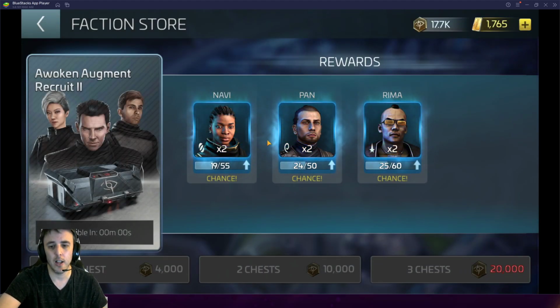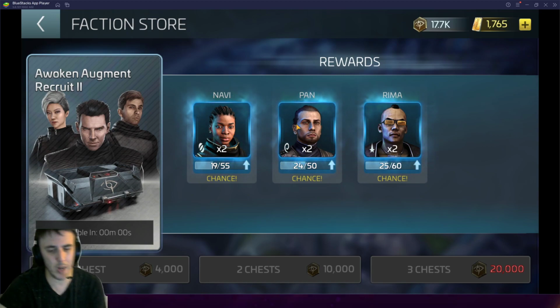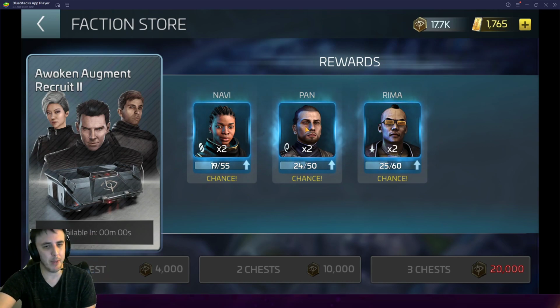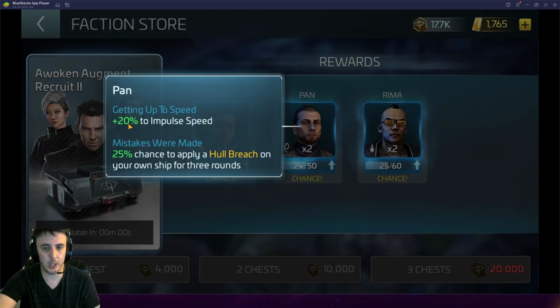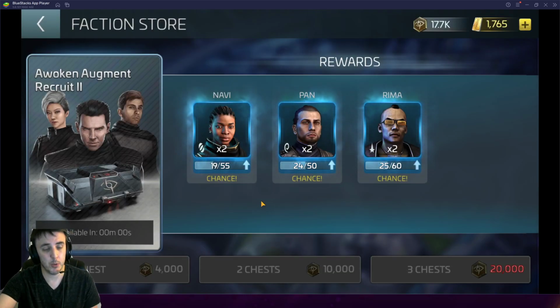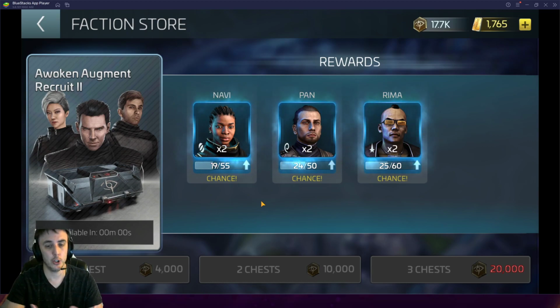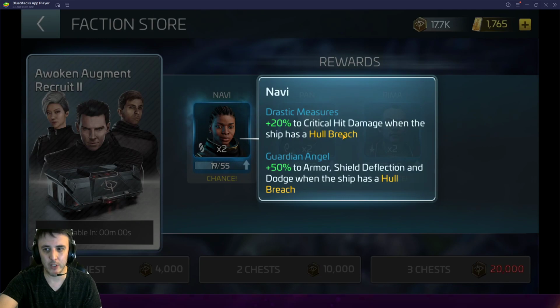This is going to be a great one, not just to level up to get these officers who have interesting abilities. Pan is probably the best of this group because he has the boost to impulse speed, so he's another speed crew. That'll be very helpful for you. He does have the downside, his cap of adding a hull breach to your own ship for 3 rounds. So he's putting a hull breach on you, which means that when your opponent hits you with critical hits, you're taking more damage. But Navi